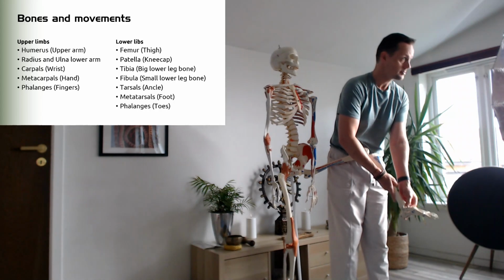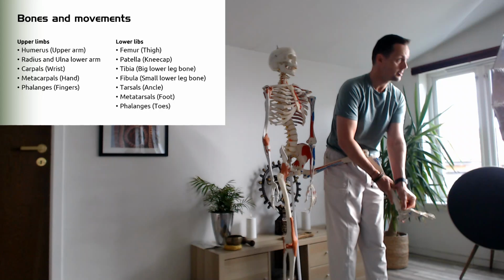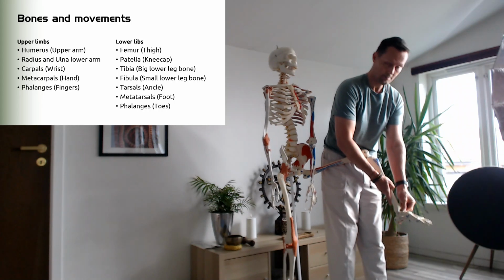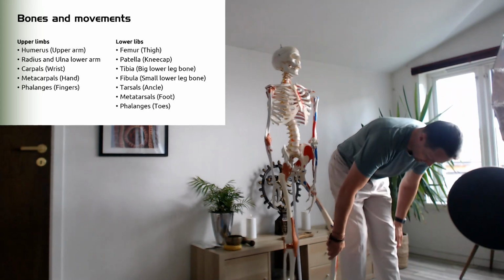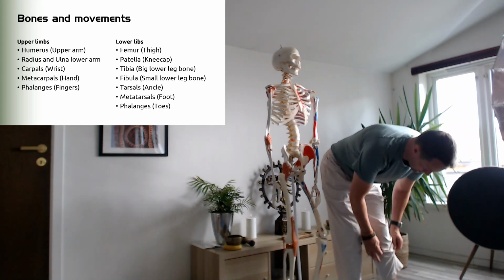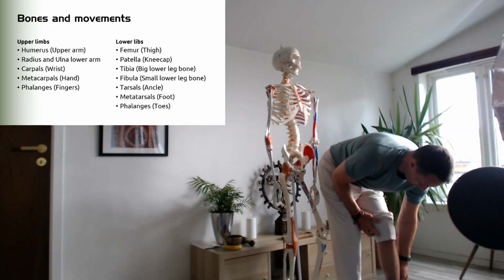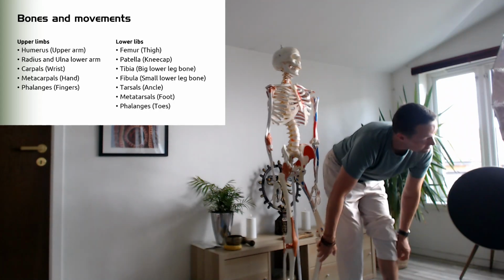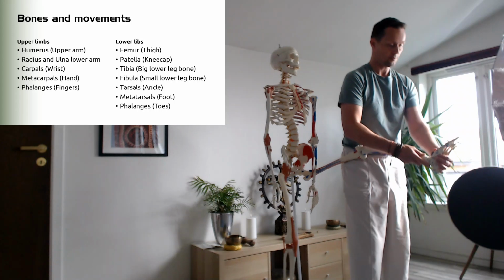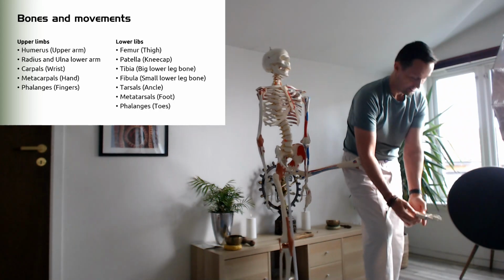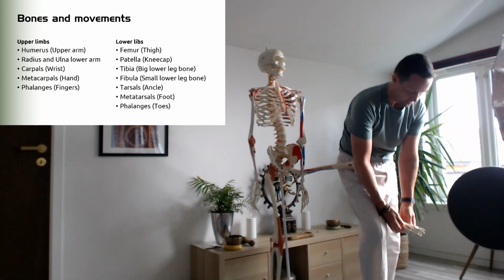Tarsals is the name of the ankle bone. And then we have the rest of the foot. We did explore these two already, so let's explore further the foot. Same names as in the hand, so the next ones here are called